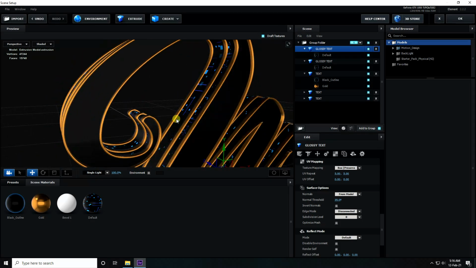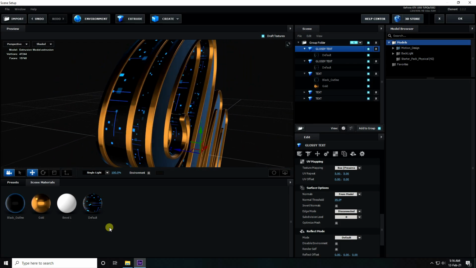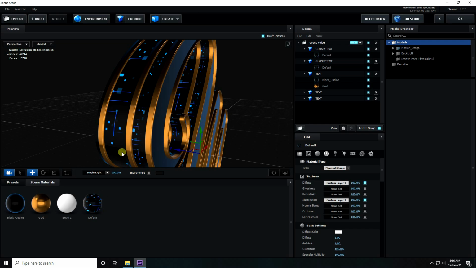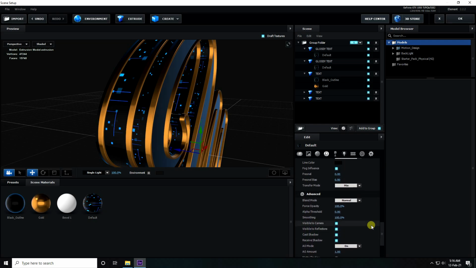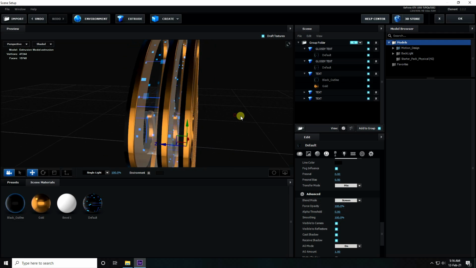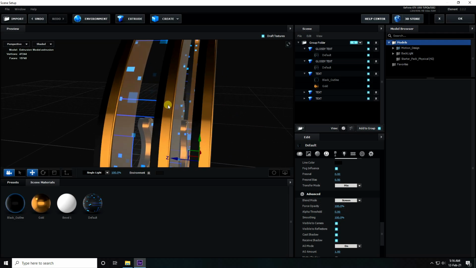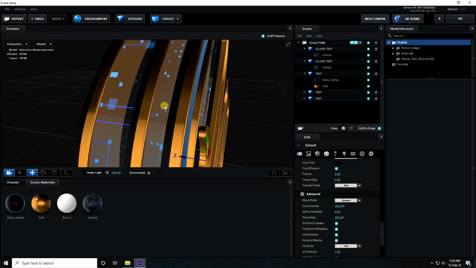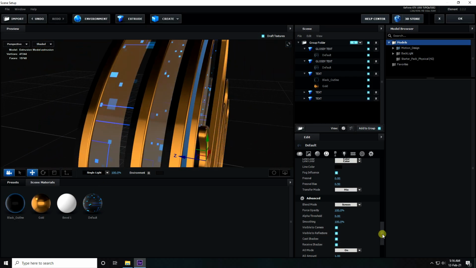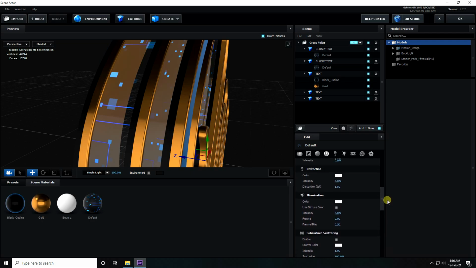Okay, so now guys, I change the material type. That's my default. Now I create a glass effect. Go to the last one and in advanced change screen. Yes, see guys, now that's my transparent glass material. Okay, so select and create more glossiness.